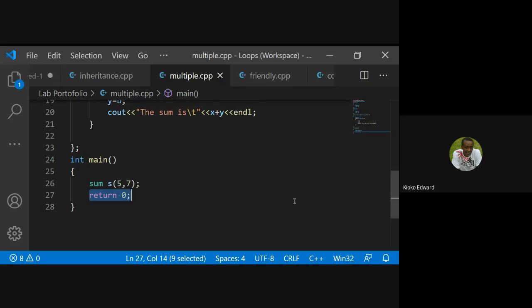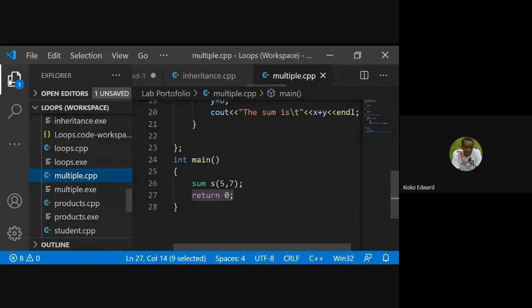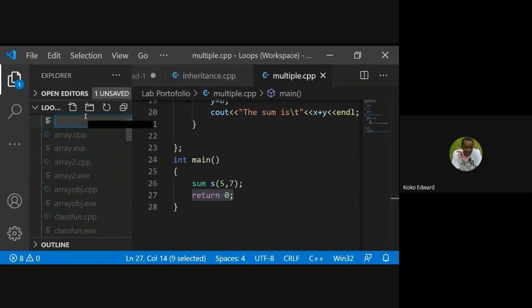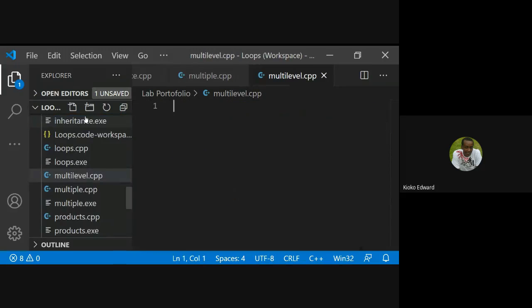Okay, so let's look at how we do the multilevel inheritance. So multilevel.cpp. So hash include. Today we are not doing the break. Let's just finish by 9:50 at most. We should be done. Hash include iostream